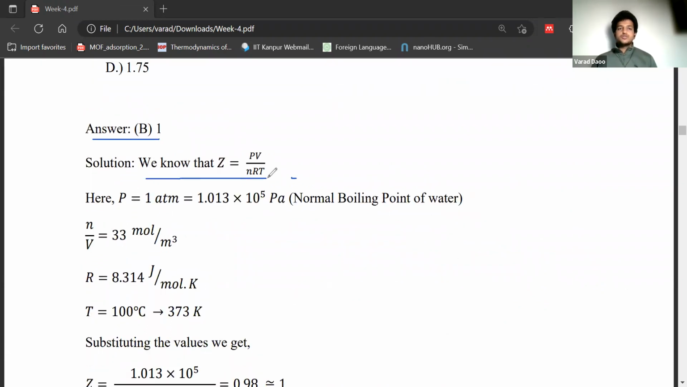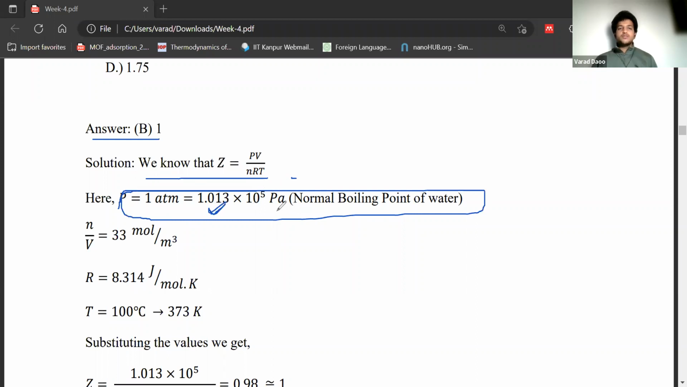So we know that Z is equal to PV by nRT. So these are the conditions of normal boiling point of water. Pressure is 1 atmosphere, which corresponds to this value in Pascal, 1.01325 times 10 to the power 5. And n by V is already given, 33 mole per meter cube. We know the value of gas constant, and temperature at normal boiling point is 100 degrees centigrade, which is 373 Kelvin. When you substitute it,